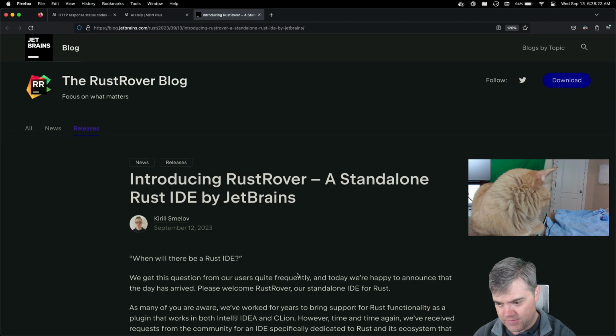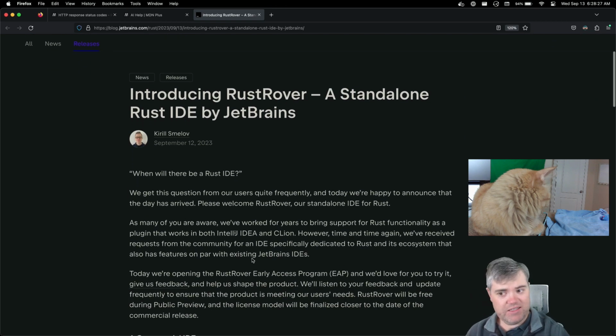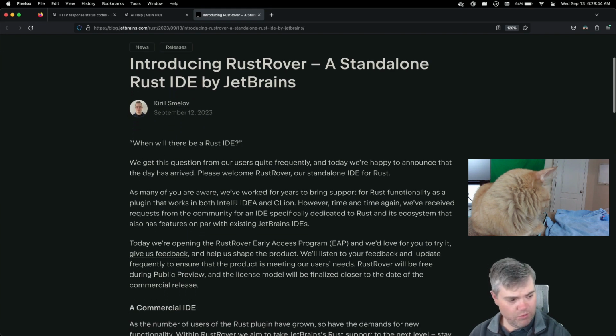Sure. Which is interesting to me, because don't they have a new IDE that's been coming out that's more like VS Code, and it also supports Rust?